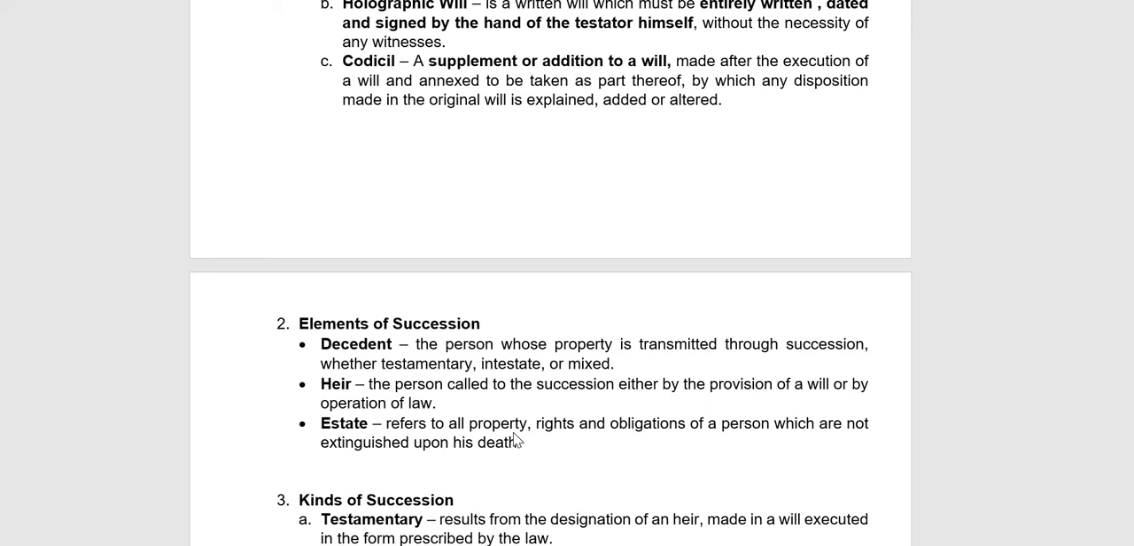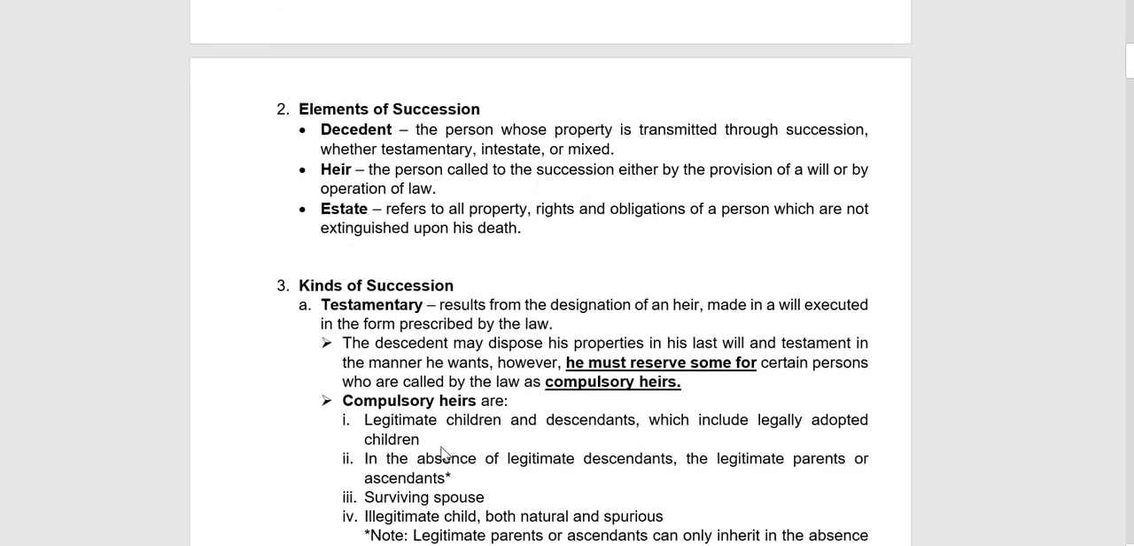And then, of course, if there is a decedent and an heir, there should be property, no? Because of course, the heir has nothing to succeed to if the decedent has no property. No? So, it refers to all property rights and obligations of a person which are not extinguished upon his death. Okay, so we have